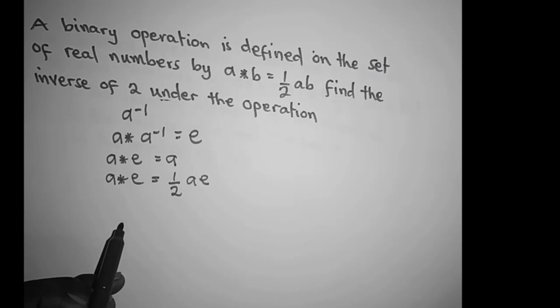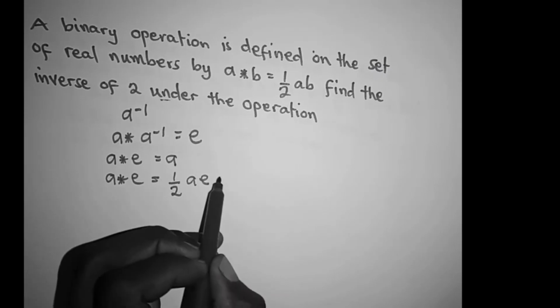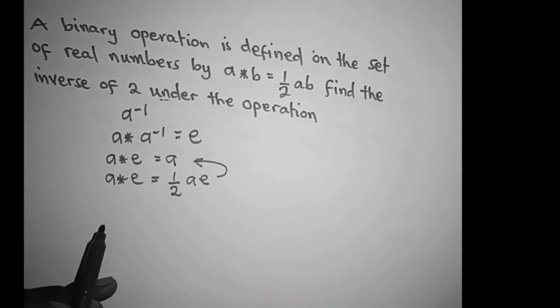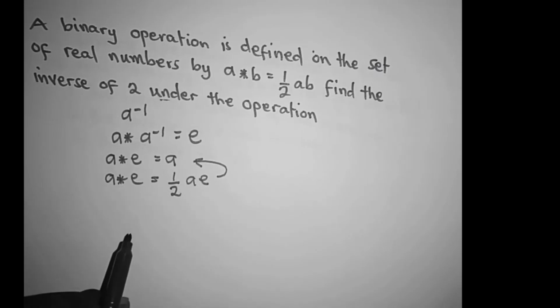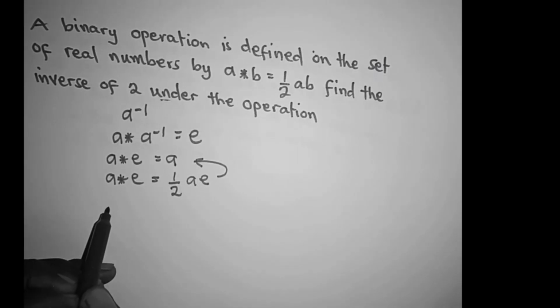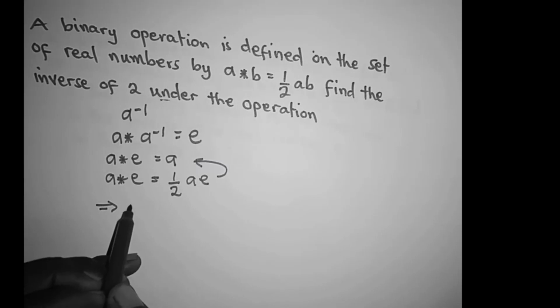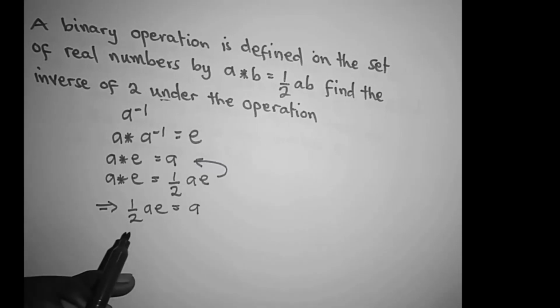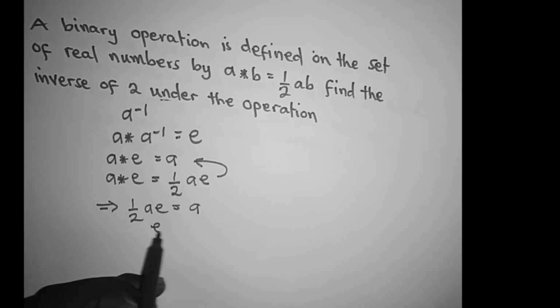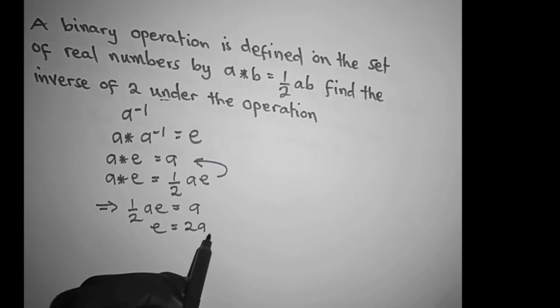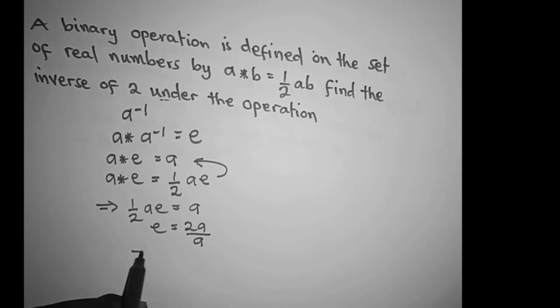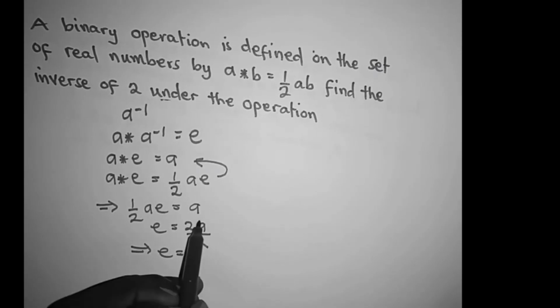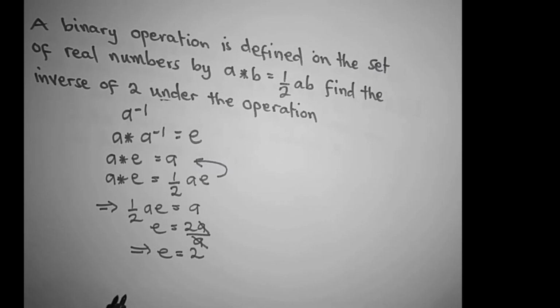Then we will take half AE and equate it to A, since A operation E equals A. So this implies that half AE equals A. Then let's make E the subject. E equals 2A over A. This implies that E equals 2. So the identity element is 2